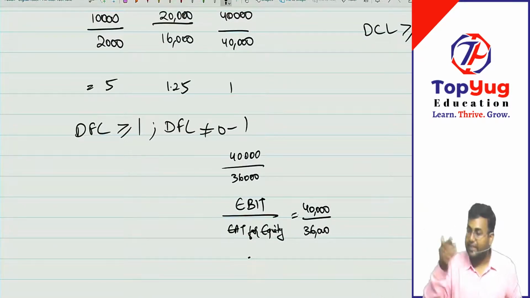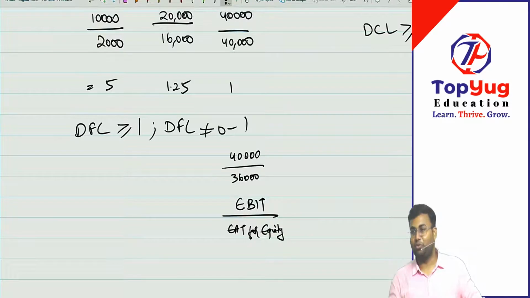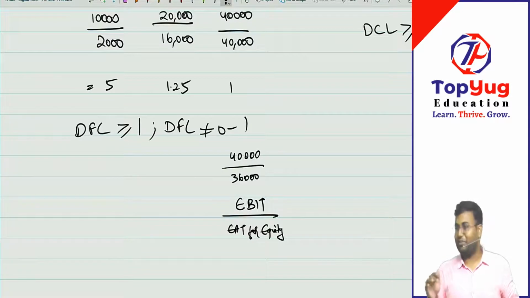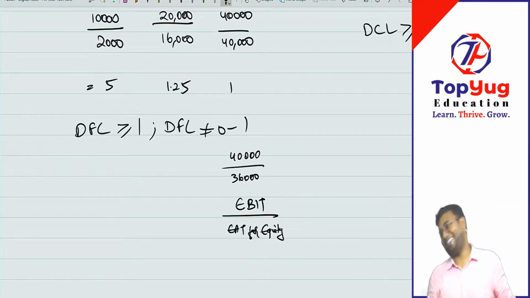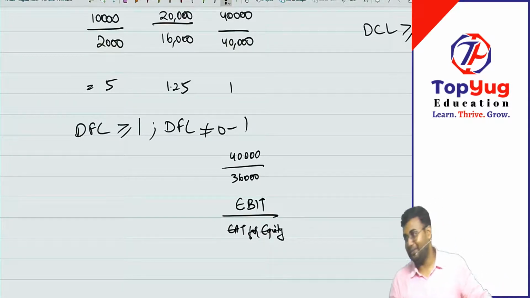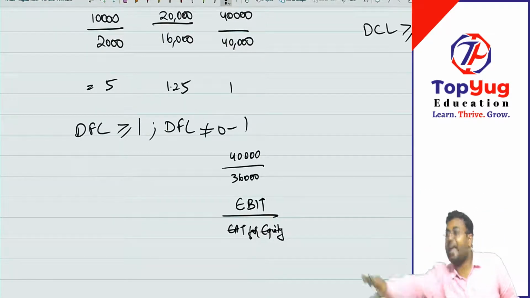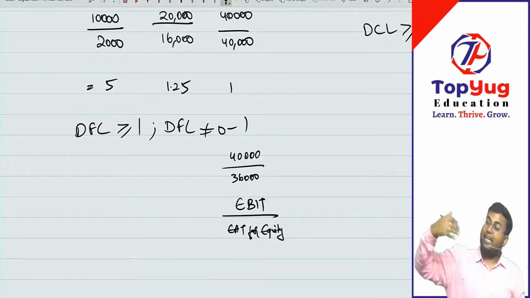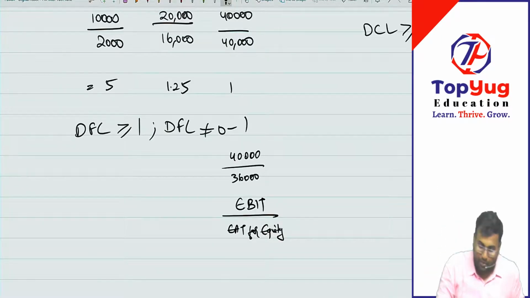Tax? No. Neutralize tax. In the military, if they have to kill somebody, they don't use the word kill. They use the word neutralize. If you have seen military movies, they use the word neutralize. So the same word I am using. Neutralize tax. How do you kill tax? Remove the shield. Remove the tax shield. So how do you remove the tax shield? You have to find out, if tax was not there, how much would EBIT have been? Or if tax was taken before interest, then how much it was? So we will modify the formula.